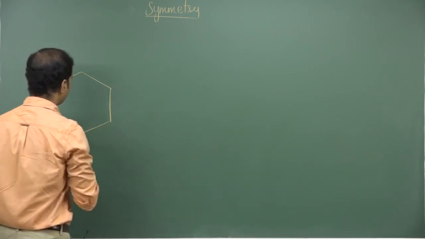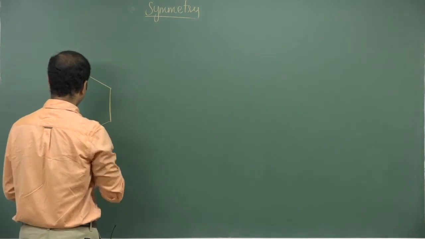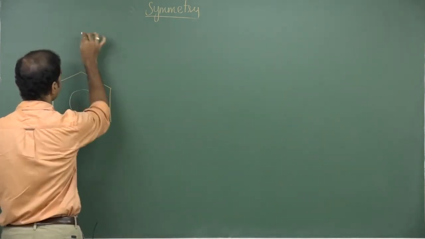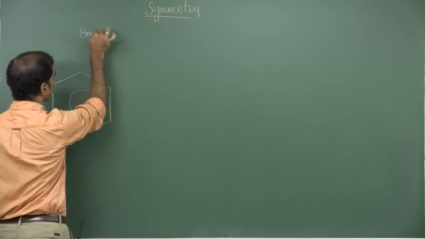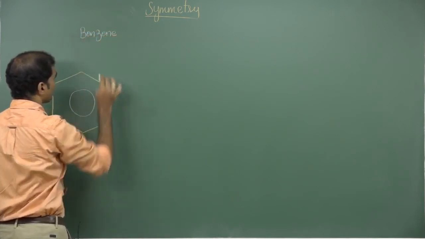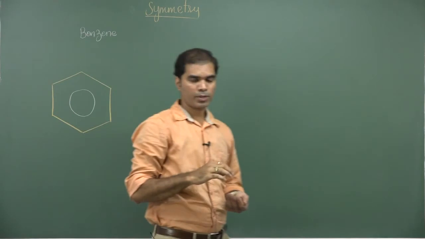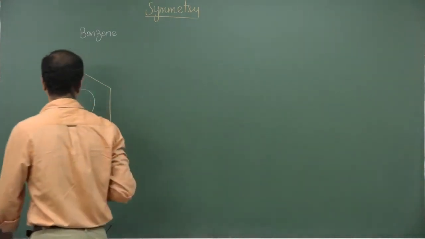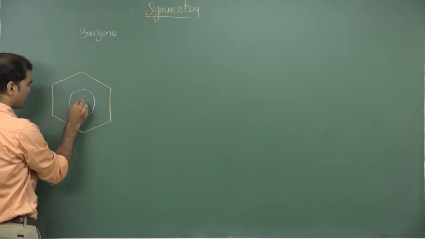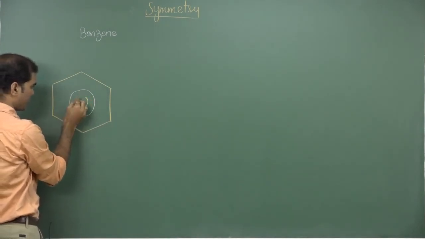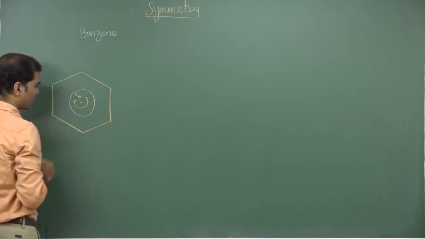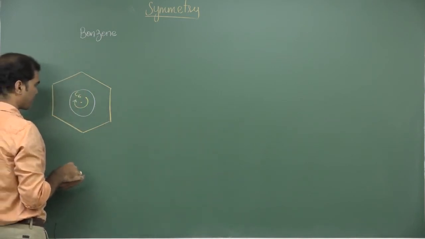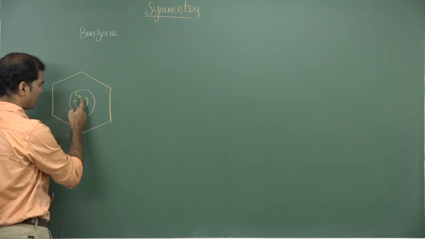We have seen different planes for PCl4. Now let's take a benzene example and let's differentiate what kind of planes are present in this. First let's identify the principal axis, it is C6. After this C6,